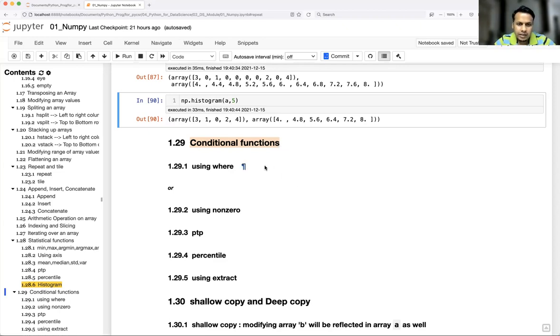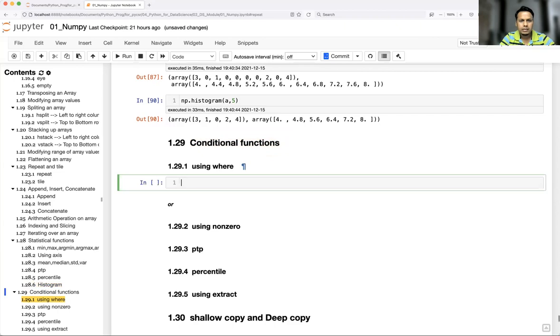So one of the functions is where. Let me create one small array, with numbers from 1 to 50, and I want, let's say, 20 numbers.